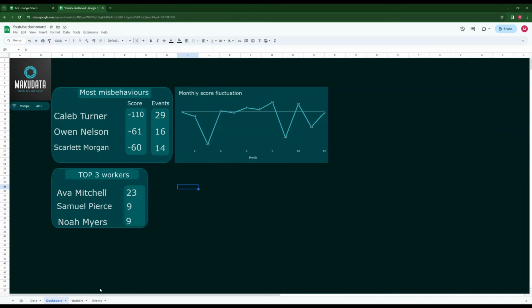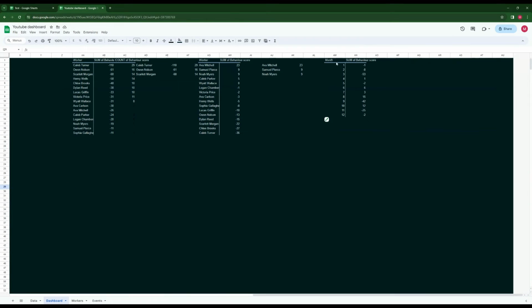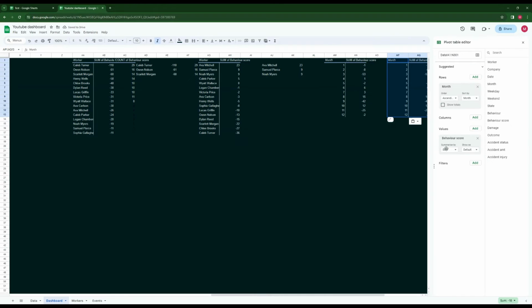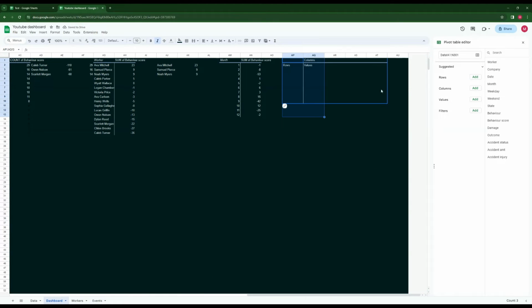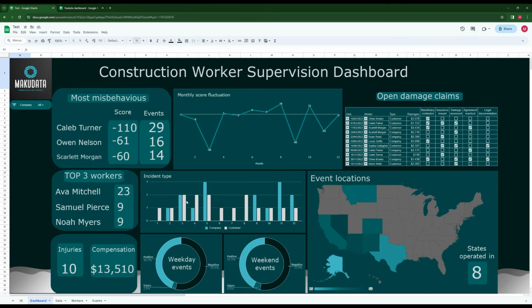So for that, once again, we need a new pivot table. Scroll to the right, copy and paste one of the tables that we have. Click edit, remove everything for now, and think about it. Definitely need months for rows, right? Remove totals. Then we need, since we're going to be using two different types, which one is company, the other is customer,